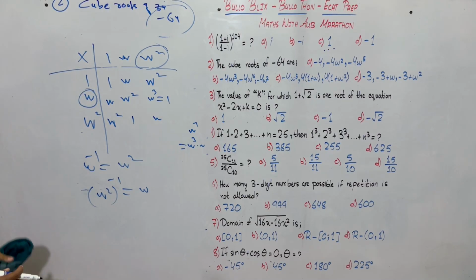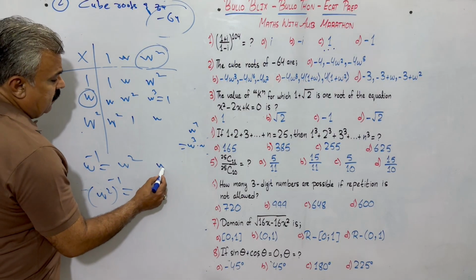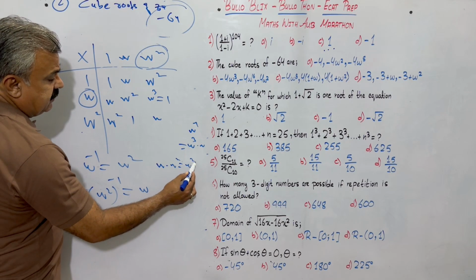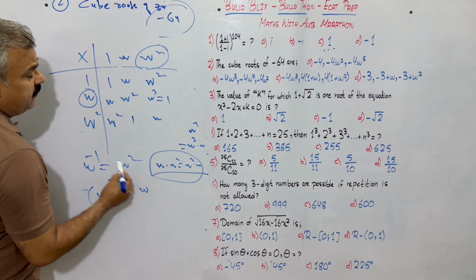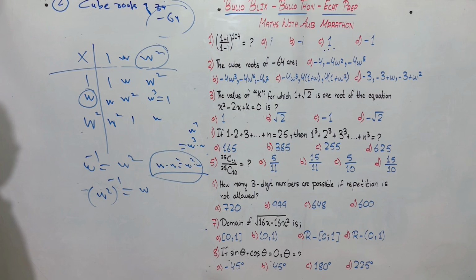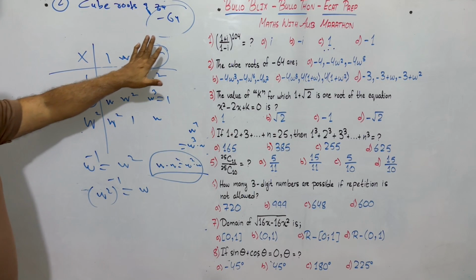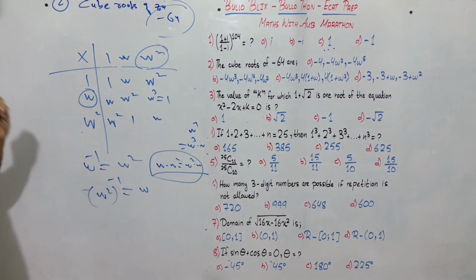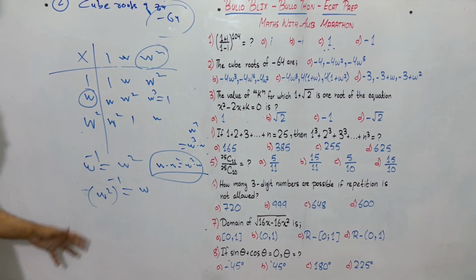They form an abelian group, because omega into omega squared is equal to omega squared into omega. They obey the commutative law under multiplication. So the complex cube roots of unity form a group under multiplication. Cube roots of any real number form a group under multiplication. Moving towards the next question, we have